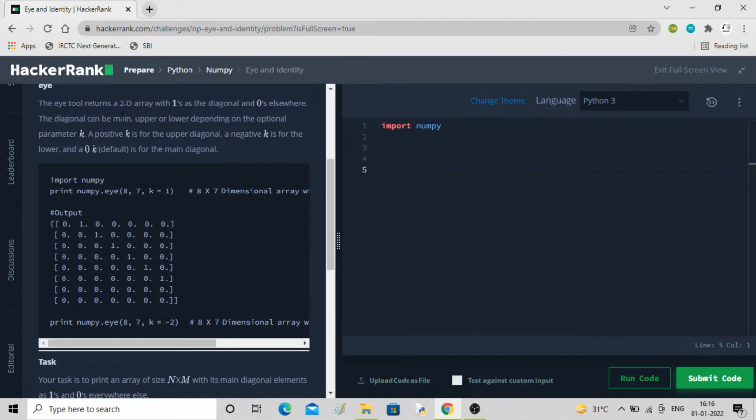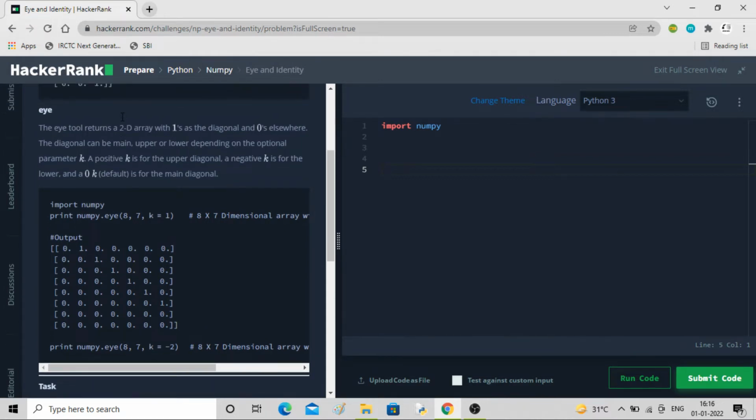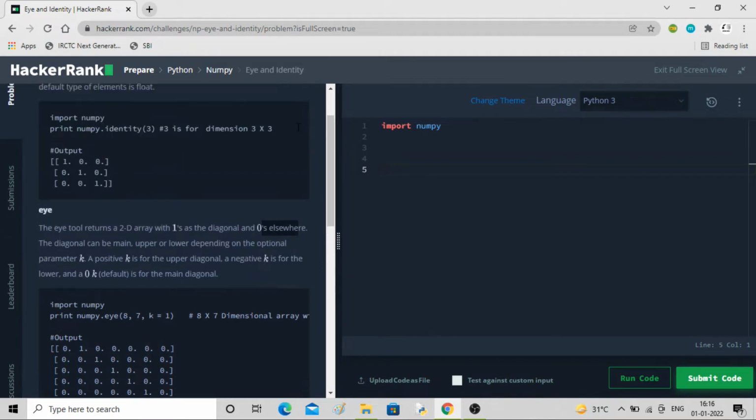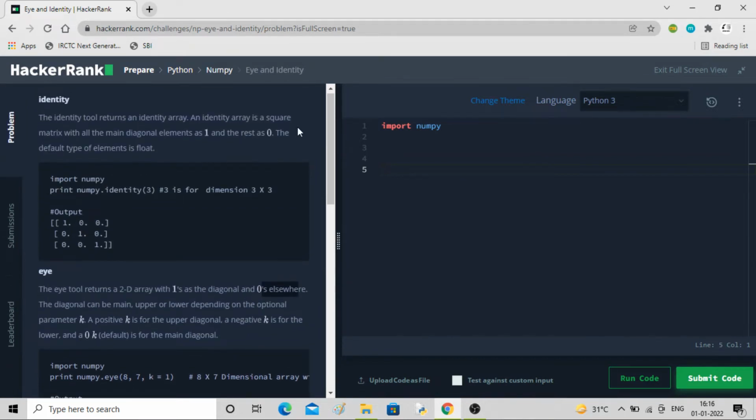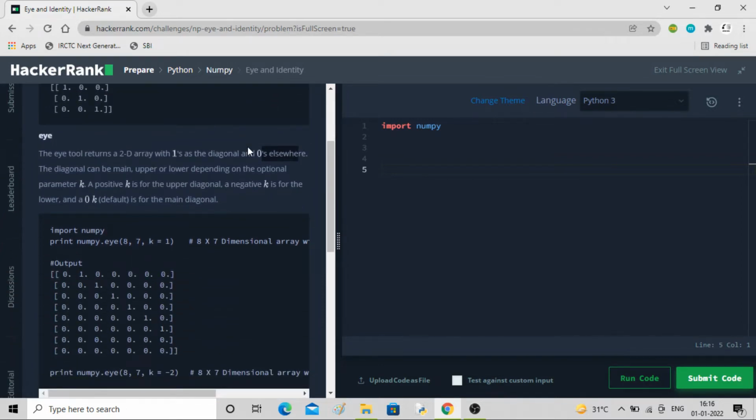Similarly, you have the I tool which returns a 2D array with ones as the diagonal and zeros elsewhere. Okay, that's a 2D array, and here you can see they are almost similar. The diagonal can be main, upper, or lower depending on the optional parameter k.